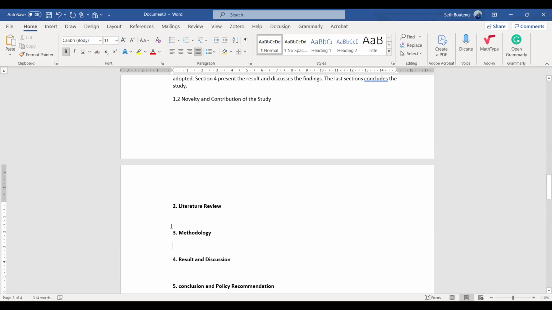So if your model is developed from the theory, it is advisable that you put the theoretical review under the methodology so that you develop your model from the theory. You continue with your model equations from the theory.